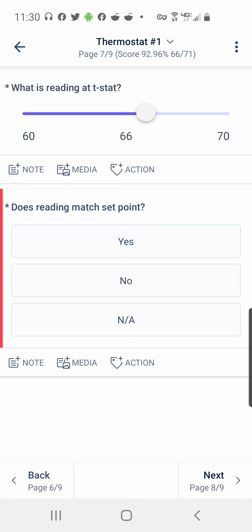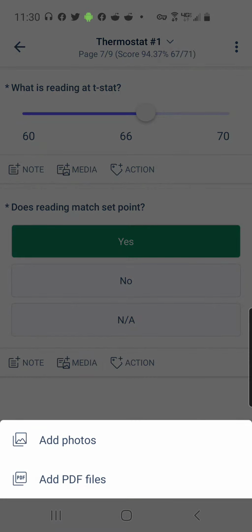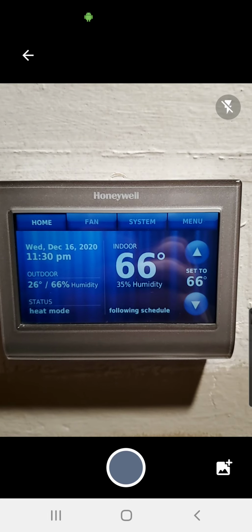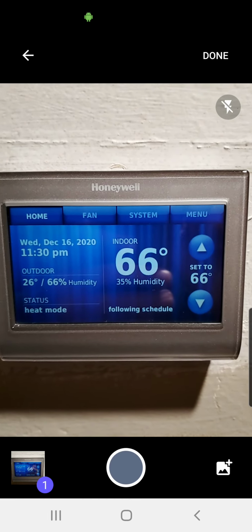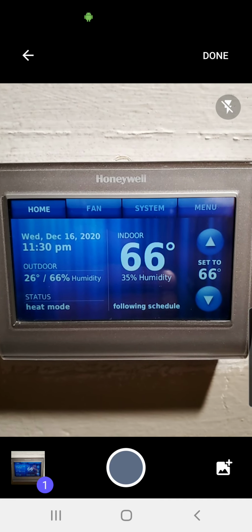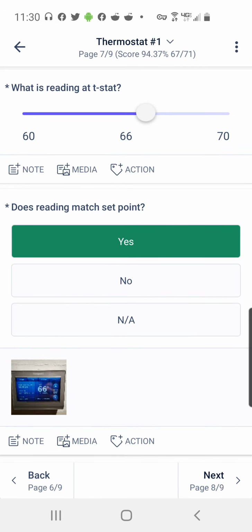Does reading match set point? Well, we're going to take a quick look here and show that we can take a picture. So we're going to add photo. And here is our thermostat. And it matches the set point. So we can take a picture at any time and add that to any portion of this walkthrough inspection. We're going to click Next